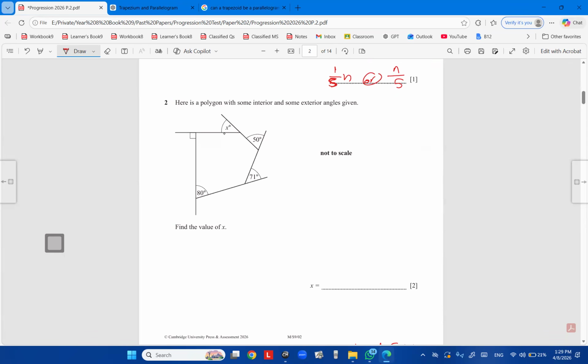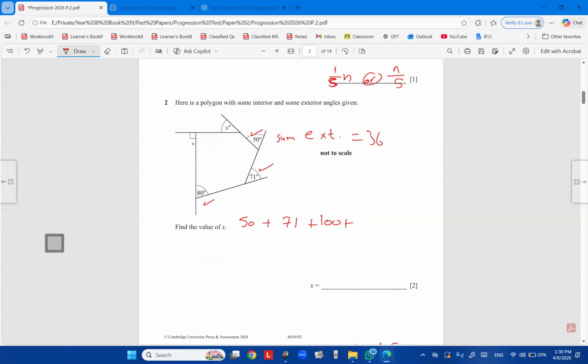Here, we need to use the rule that says the sum of all exterior angles equals 360. So I have this exterior, here it is 50, plus this exterior is 71, plus this exterior, because I have here 1, 2, 3, 4, 5 exterior angles. So 5 exterior angles, I need to add them all up, and they should give me 360 degrees. So 50 plus 71 plus this is 100 degrees